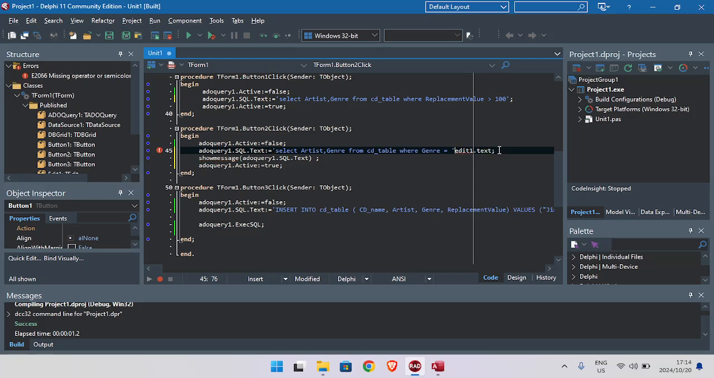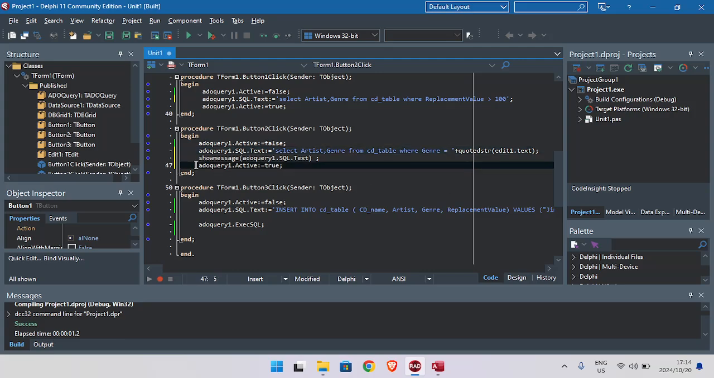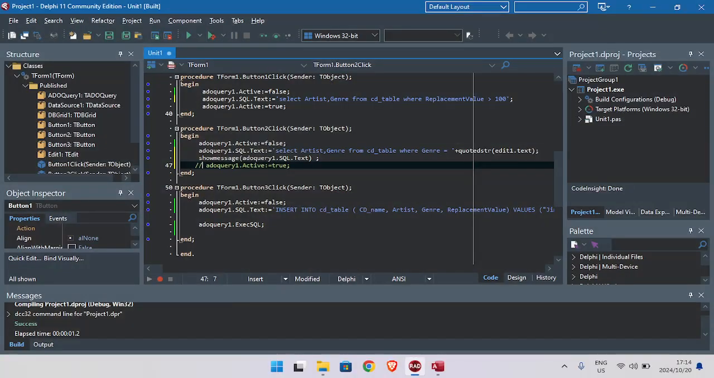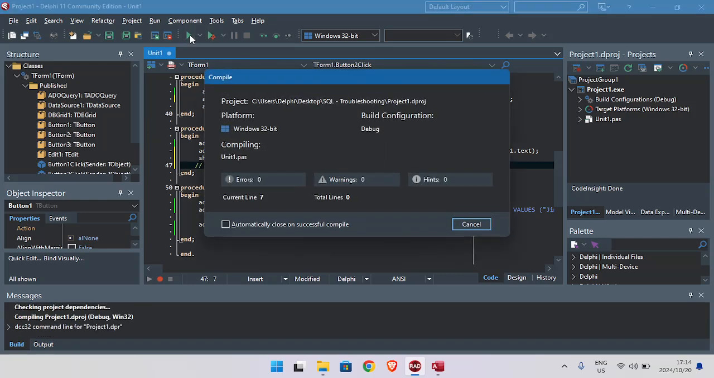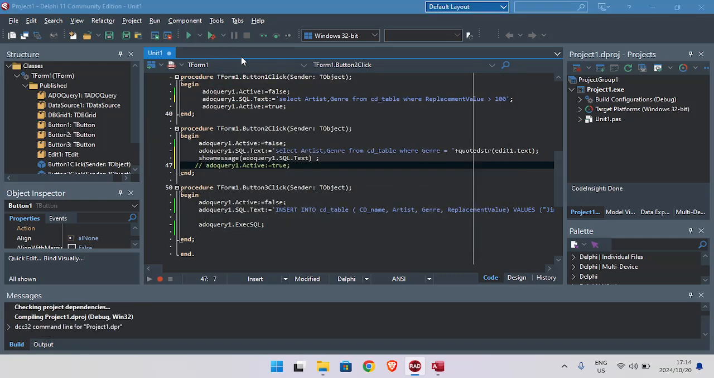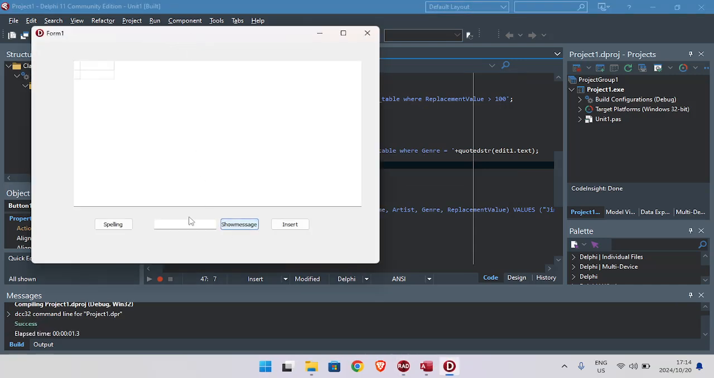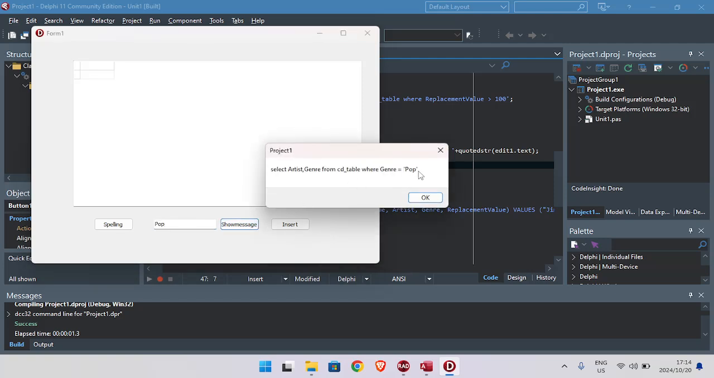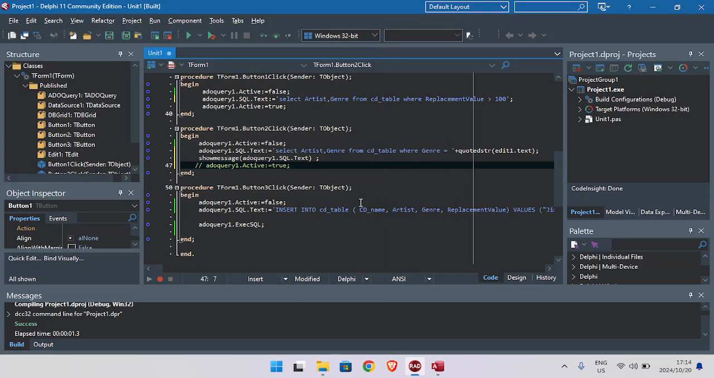So I'm going to break down this SQL, then I have to say QuotedStr. Okay, so let's display it now. Okay, so now you can see that it's actually in quotation marks, the pop. Okay, so the next one